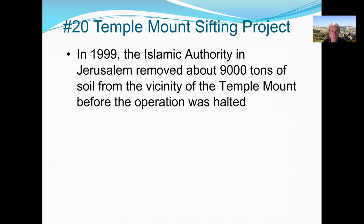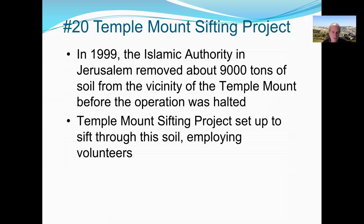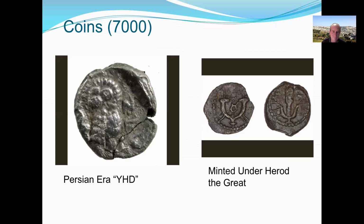But since it was done, there was a group that decided that they would sift through all the dirt that had been removed. And so they set up this Temple Mount Sifting Project. To go through it, they employed volunteers. They would bring you a bucket of dirt and you would sift through that and see what you found. So they found all kinds of odds and ends, nothing that was really earth shattering, but a great deal of stuff,